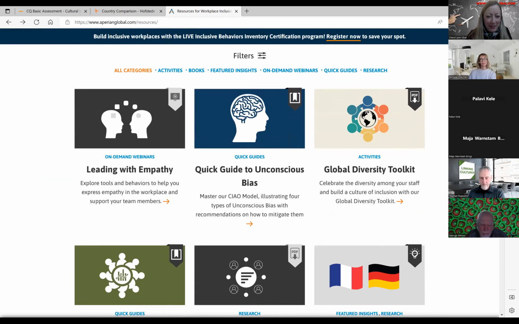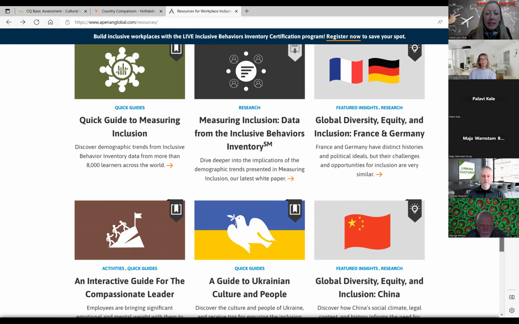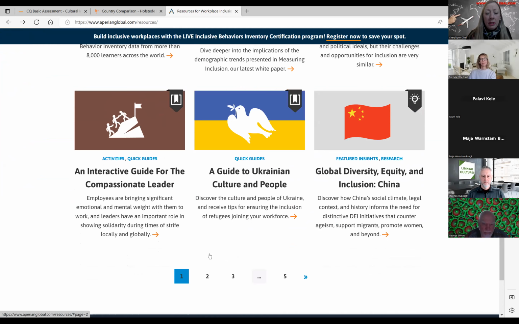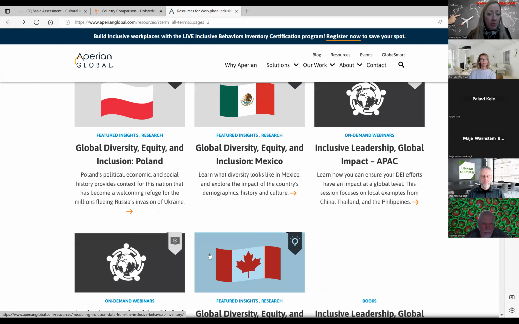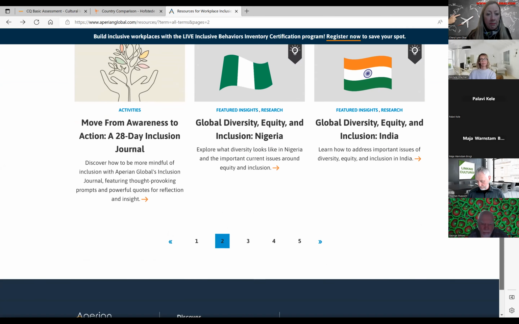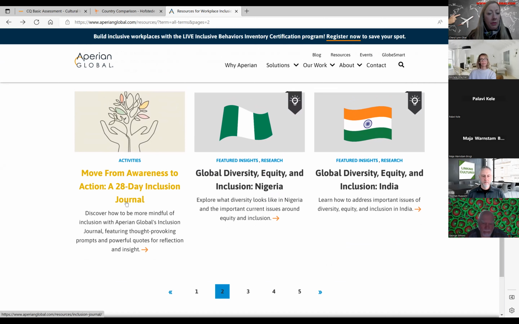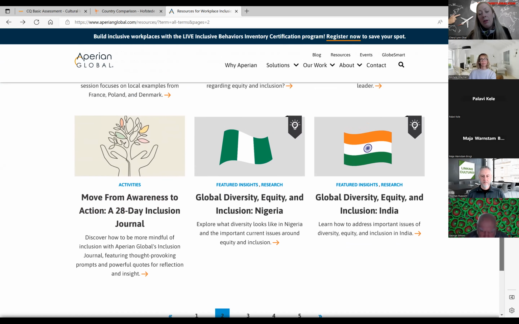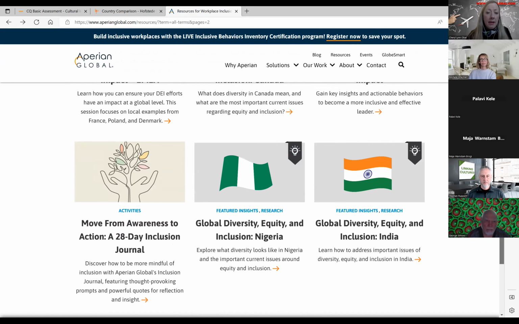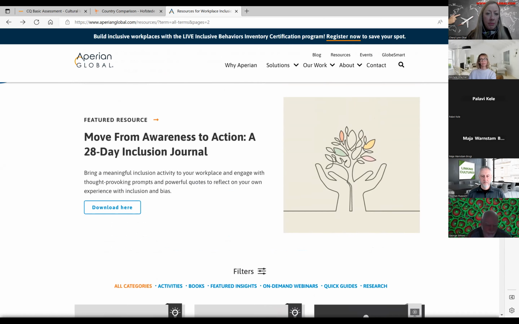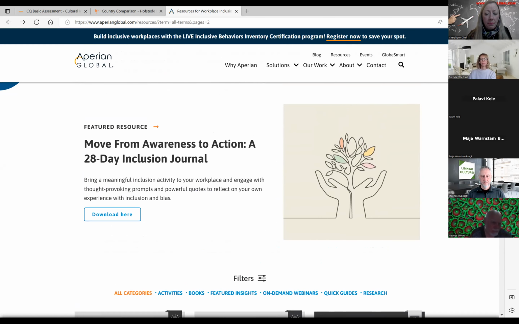They send a lot of good resources, and you can see there's pages and pages of good information here with small packets that can help you in different areas, and it's free. There's an inclusion journal. They have a lot of interesting stuff, and nowadays they're leaning a lot towards the DEI space. So you can see a lot of resources in that area.